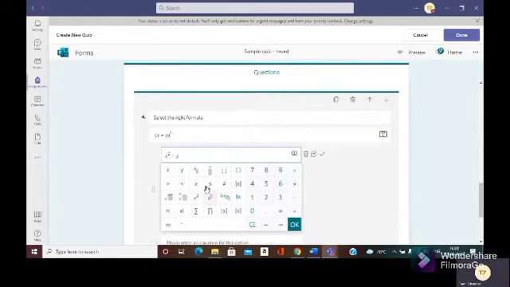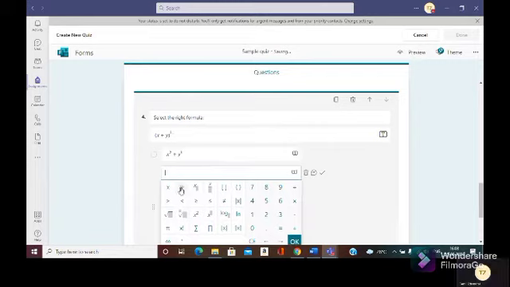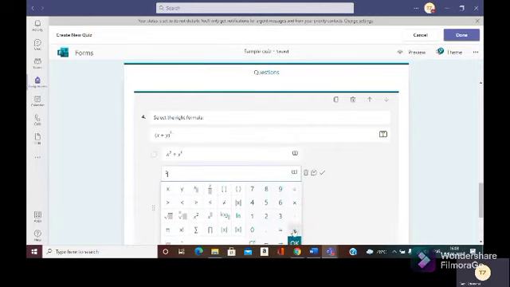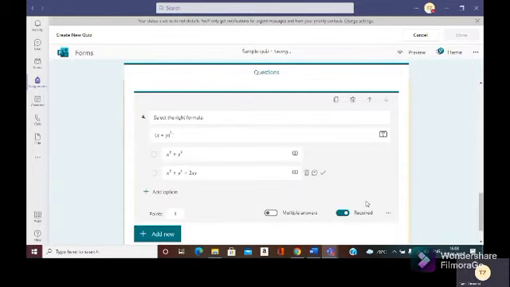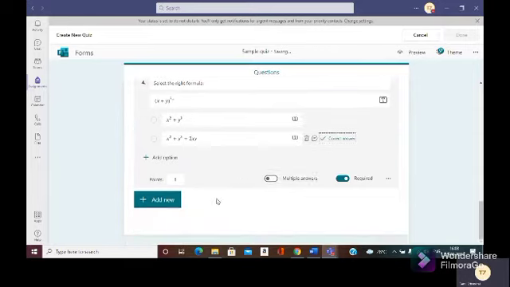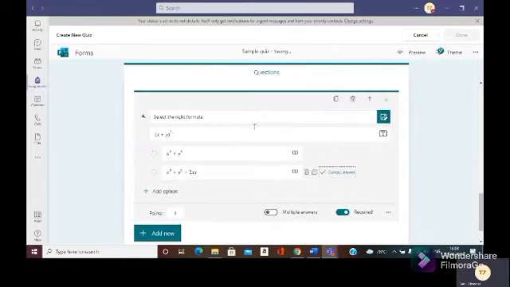I can select this one to add any exponent, x square plus y cube. Click OK. So like this I can add the answer and select the correct answer. This way I can set the math question.